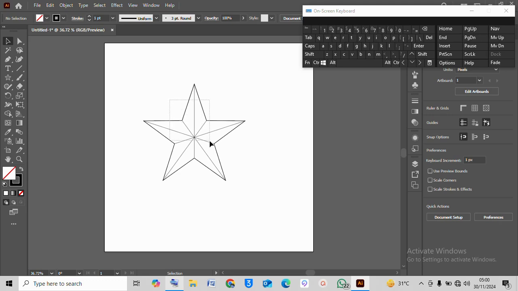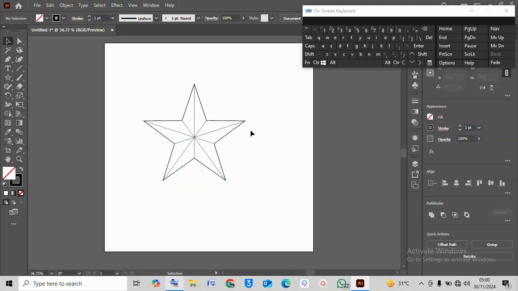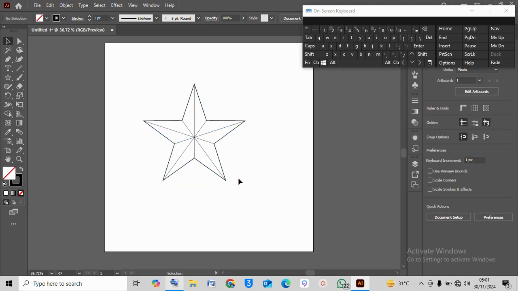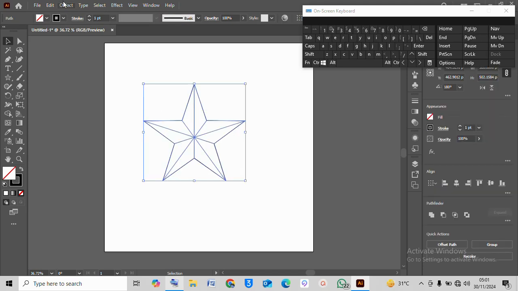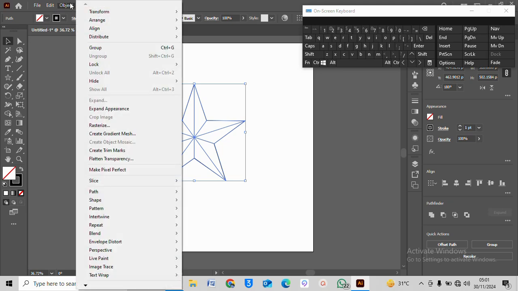So highlight all the objects in the star. Sorry, everything is not being highlighted. So wait, let's get everything highlighted. Yep, now everything is being highlighted. Come to object, and once you are in object,